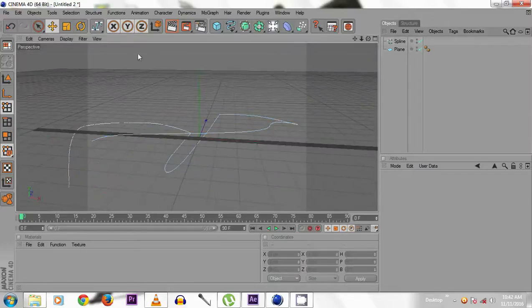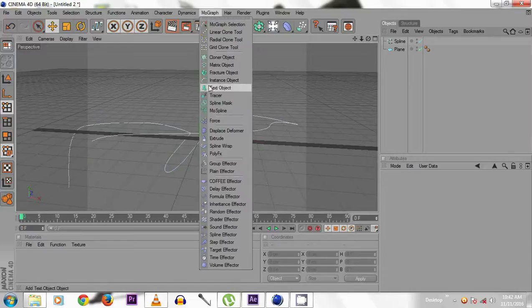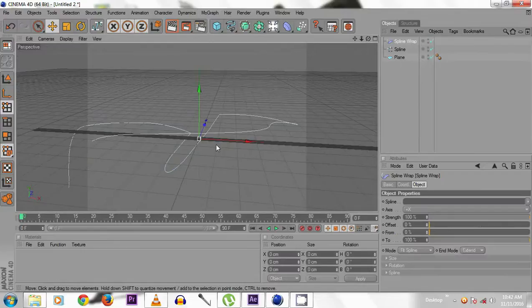Now click MoGraph and select Spline Wrap. Then move the spline wrap under the plane. Click and drag it to the plane. This spline wrap will go inside the plane.